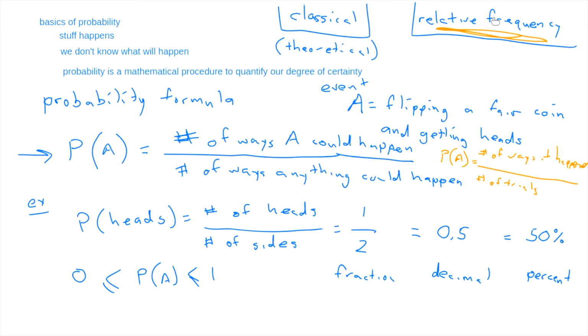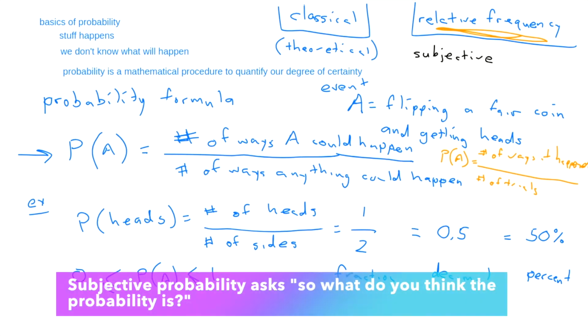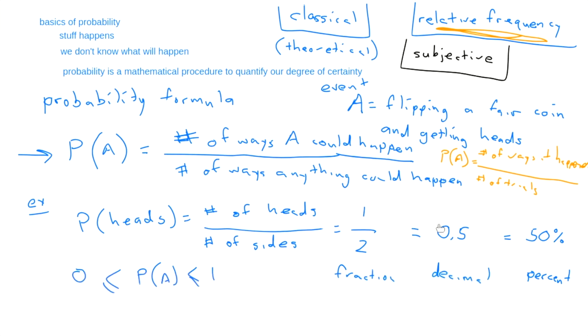There's also one more way. Let me change the color proactively because I'm paying attention. Subjective probability. And the idea of subjective, the formula is, well, we don't need no stinking formula. I'm going to be subjective. And so this is me. And again, I can sit in a chair if I want. I'm the subject, and I'm going to tell you what the probability of a coin is.